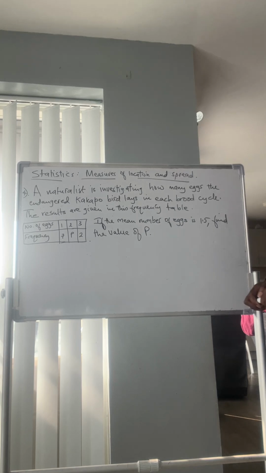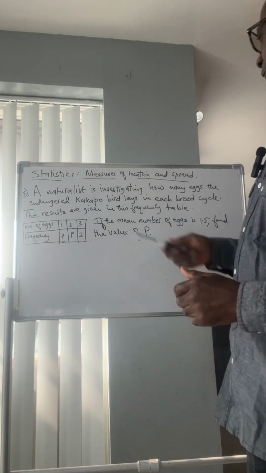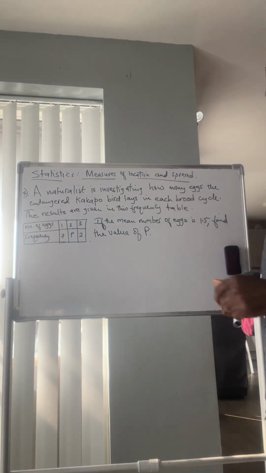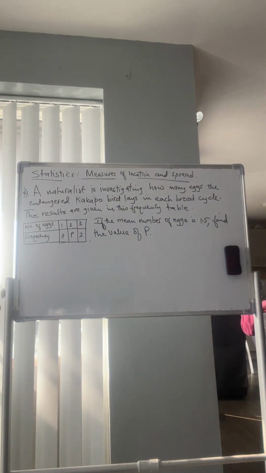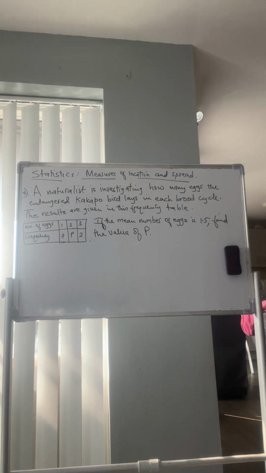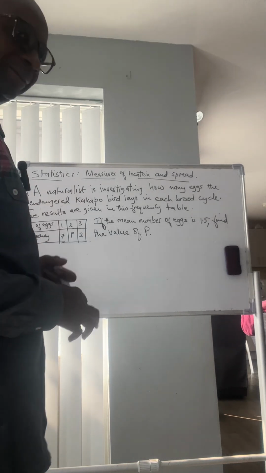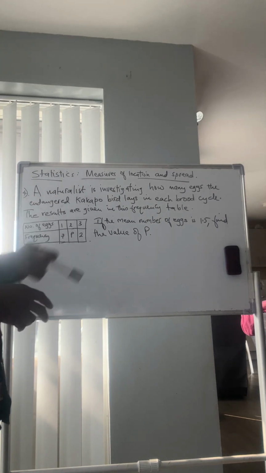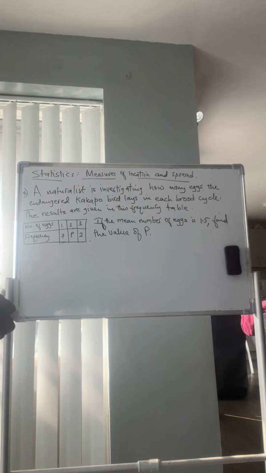We're looking at another problem here from statistics, measures of location and spread. The problem reads, a naturalist is investigating how many eggs the endangered kakapo bird lays in each brood cycle. The results are given in this frequency table. This is the table here, number of eggs, and this is the frequency